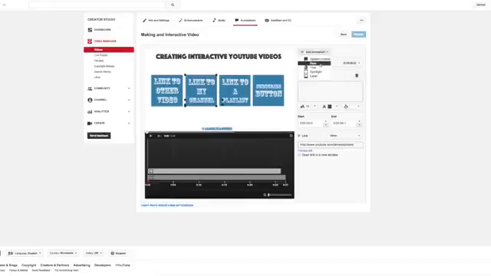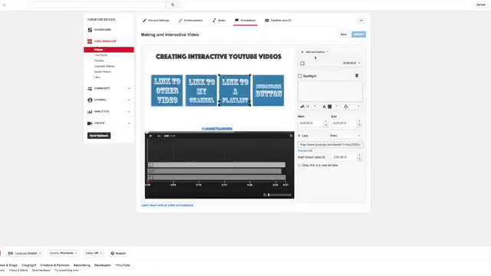Again, for the playlist, I click Spotlight, take this third box, drag it over the box of the link to a playlist that I've already created. Once it's in the right place, I click Link, and I go ahead and drop in the link to the playlist that I want to use. And then finally, I adjust the settings for when that box appears, and I'm ready to add my final spotlight,